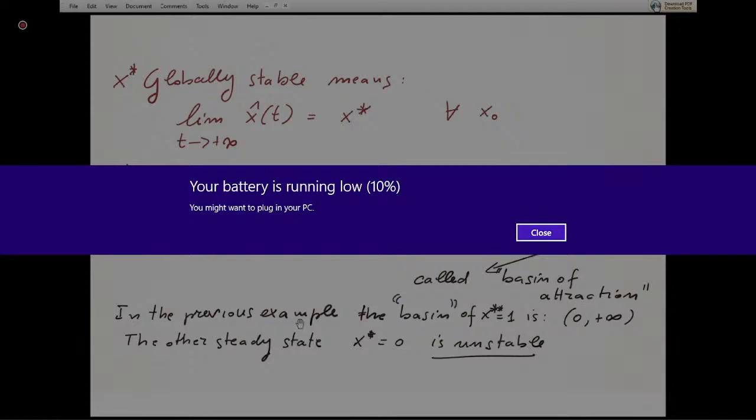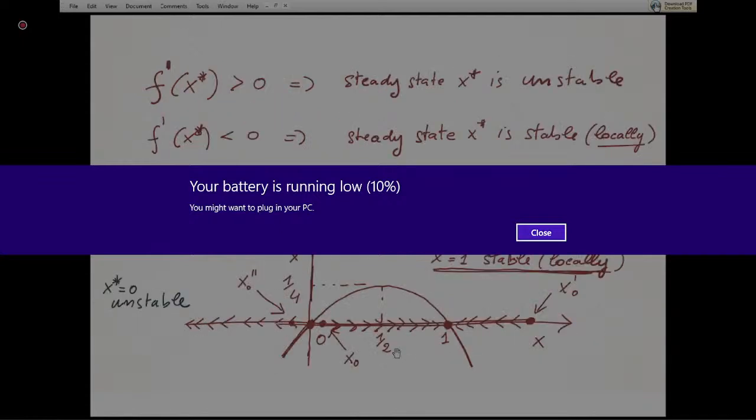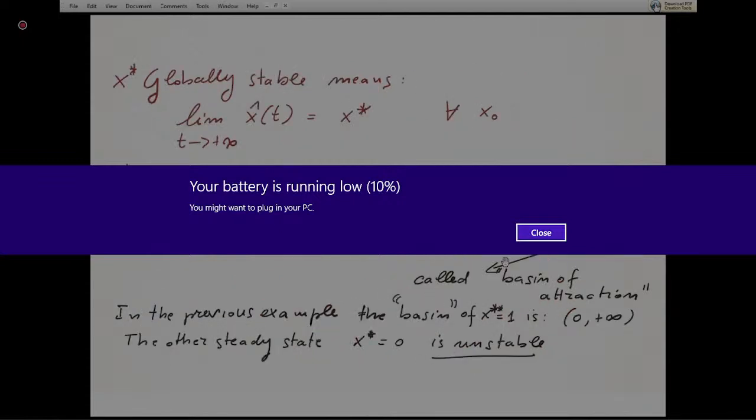In the previous example, the basin of attraction of the locally stable steady state is from 0 to plus infinity. It's clear. It's enough to start slightly on the right of 0 to converge to 1. Any other value will converge to 1. But if we start at 0 or on the left of 0, the behavior will be different. So the basin of attraction of the stable steady state x double star equal to 1 is the interval from 0 to plus infinity. This also means that if we restrict our